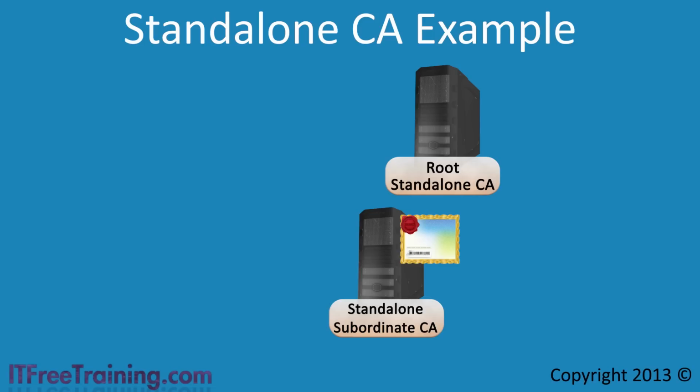Once a certificate is issued, the root CA can be taken offline. You can see how the standalone root CA can easily be taken offline when not required. If no additional subordinate CAs are added to the network, the root standalone CA may be offline permanently and put in a secure location. Since the root CA contains private keys that are, pardon the pun, the keys to the network, having it